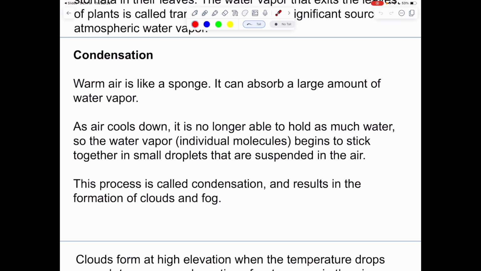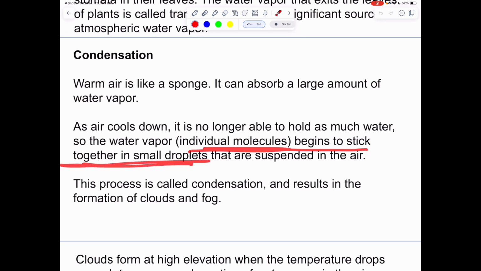All right, condensation, we should know this one. Warm air is like a sponge. It can absorb so much water vapor. But eventually that air is going to cool down. And when it does that, it cannot hold all that vapor. So these individual molecules begin to stick to each